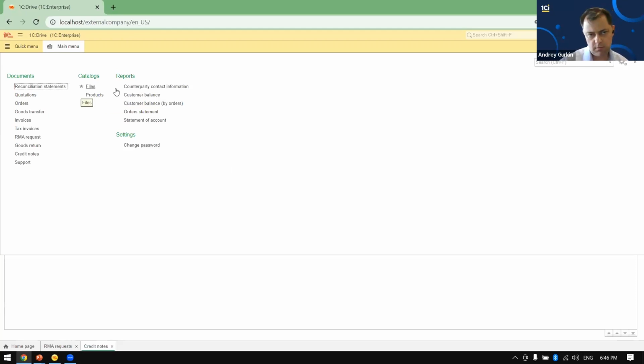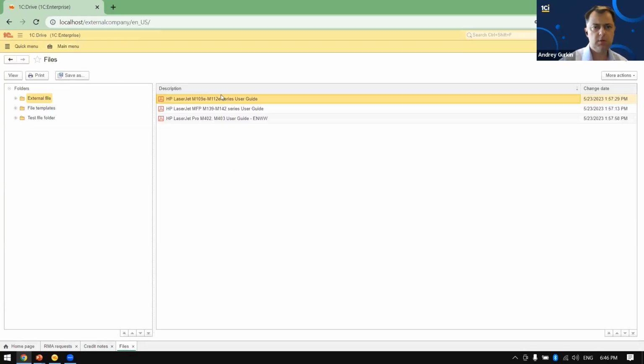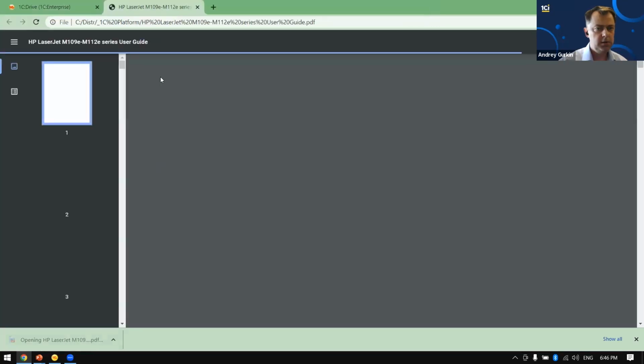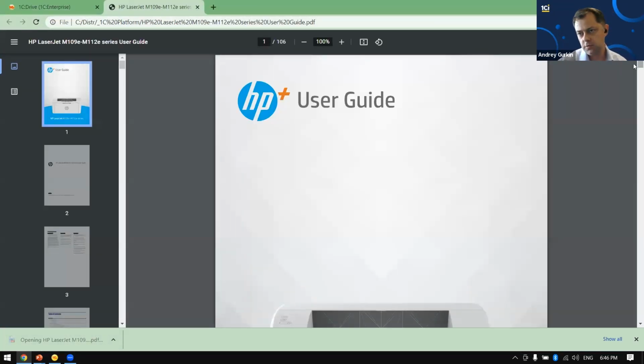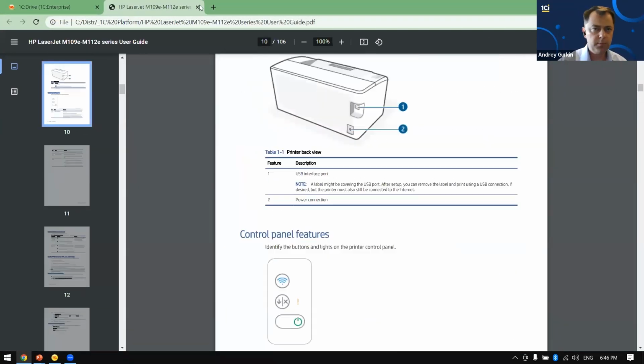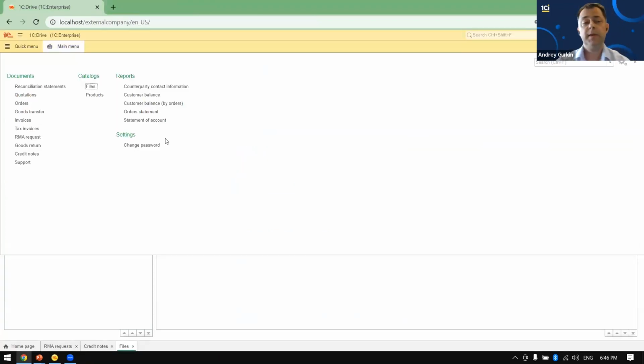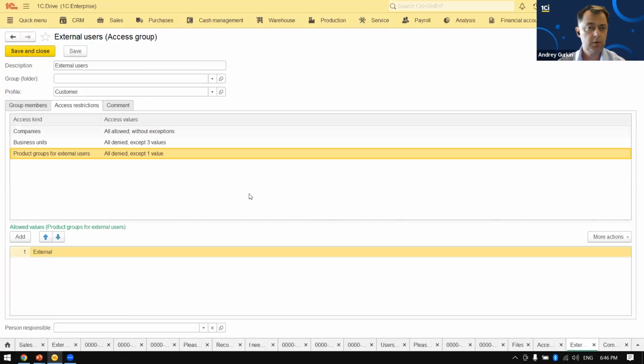capabilities. So by the way, regarding files here, you can see those files. I'm opening this file, and here it is. The user guide for some of our printers. Yeah, so you can expand those capabilities for your projects. And of course, you should decide what kind of information should be shareable,